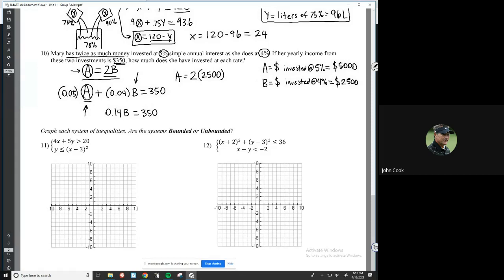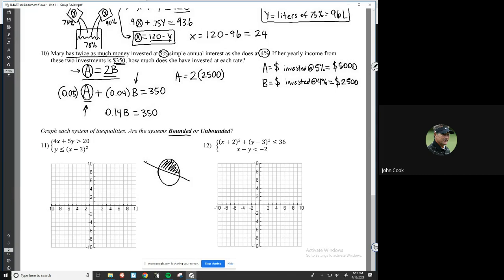So bounded means that it'll be enclosed within the shape. Well, we have a circle in number 12. Like if I had a circle, right, and then there'll be a line through it. So a line like that. If the shaded region, the common shaded region, is within the two equations, the two functions, we call it